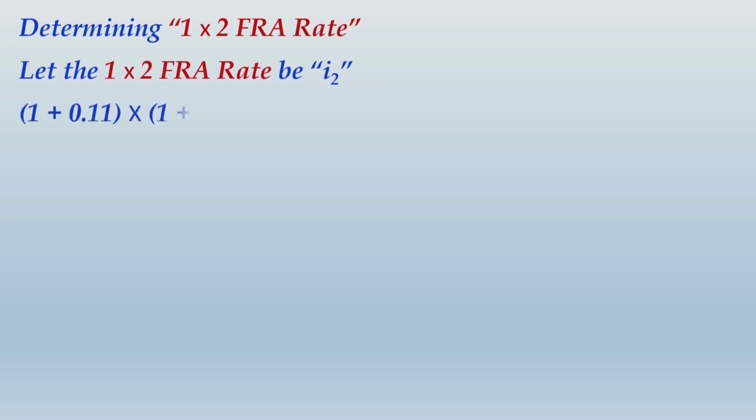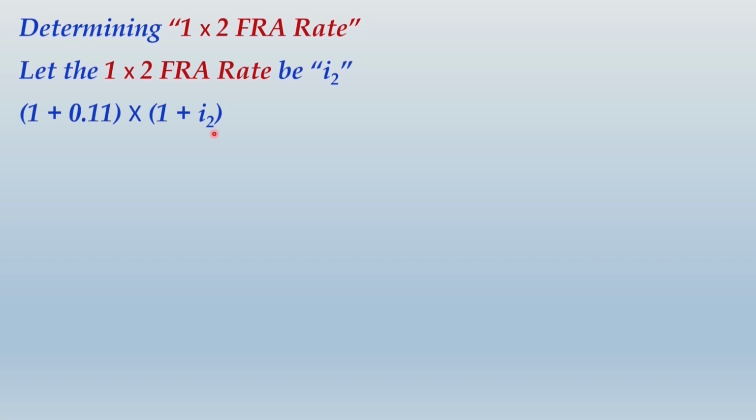Now how do we find this? So imagine that you are holding the bond for 2 years. The first year yield is basically only 11% in terms of the single year remaining maturity bond. But here the bond is being held for 2 years. It is a 2-year remaining maturity bond. What would be the implied rate applicable for the second year? We do not know. We have considered that as I2.